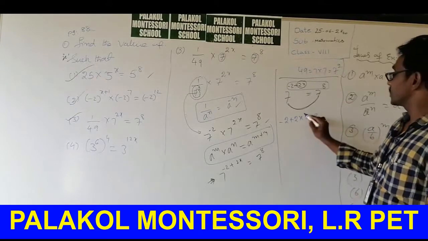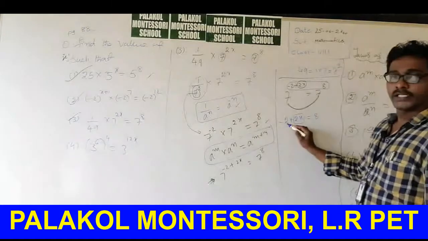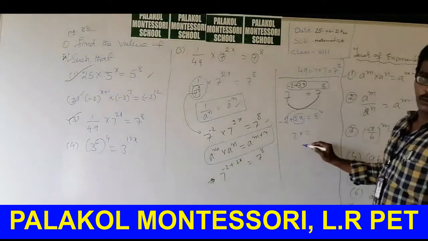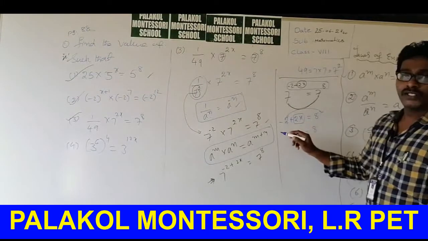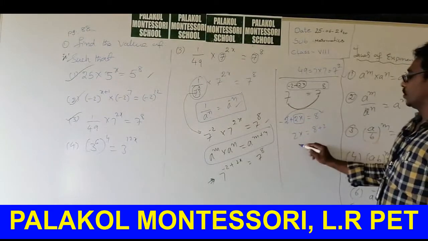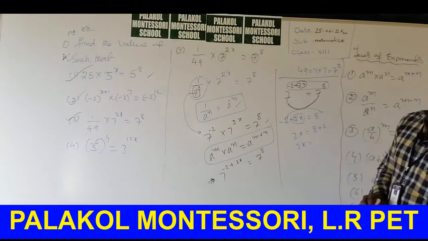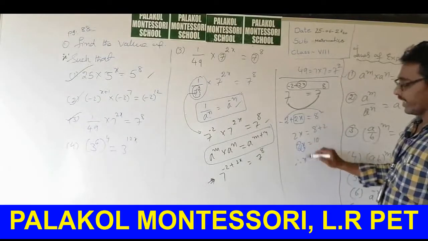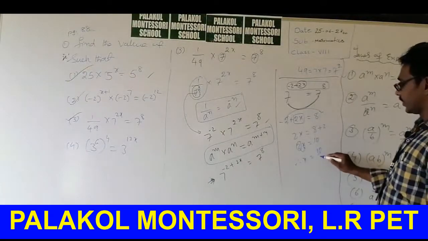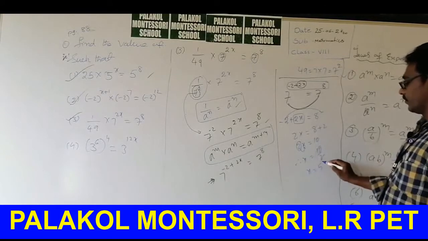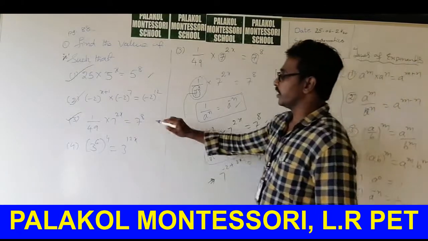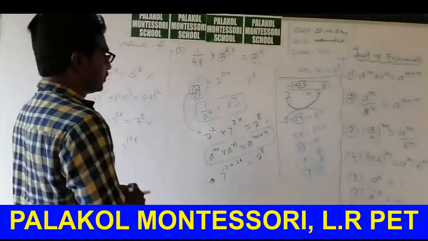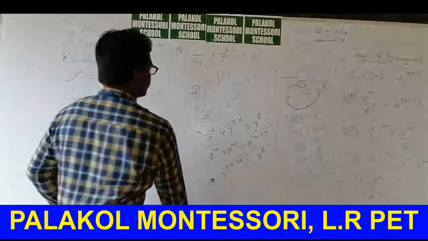Guys, you want the x value. So minus 2 send that side. What remains here? 2x. Bring down. 8 minus 2 that side plus 2. So 2x is equal to 8 plus 2, that is 10. Therefore x is equal to 10 by 2, since 2 is multiplication of x, send that side. How many times is it cancelled? 5 times. So x is equal to 5 in this third question. Okay, guys, is it clear? Next question.